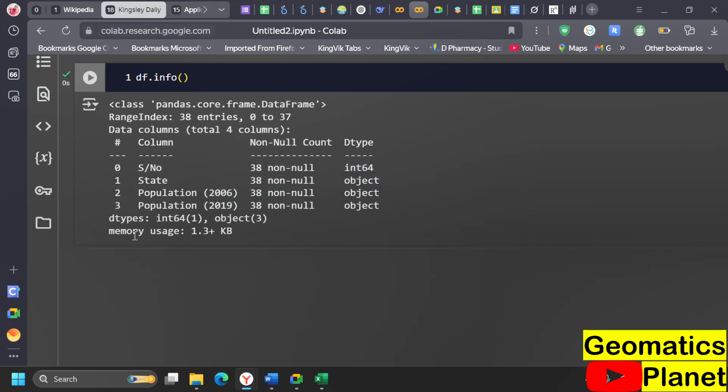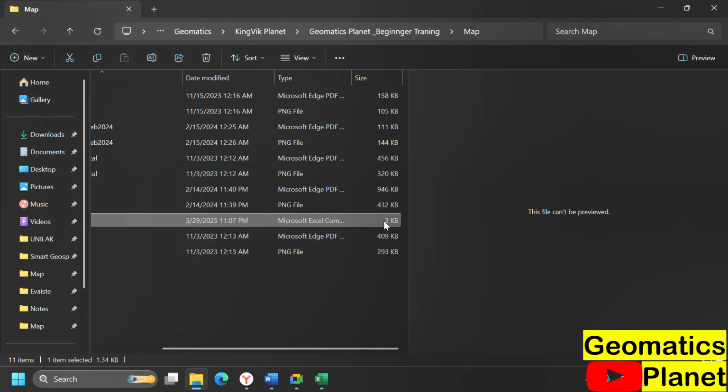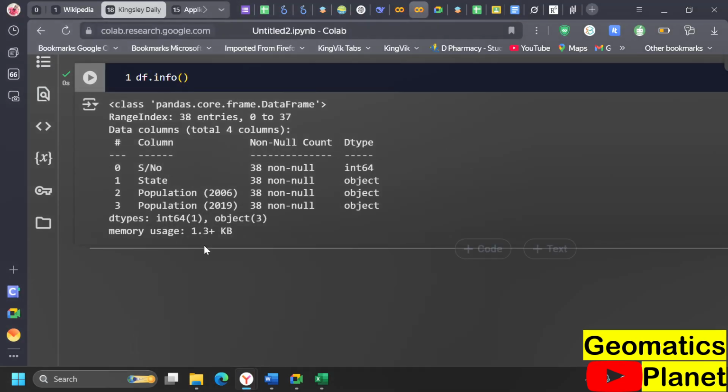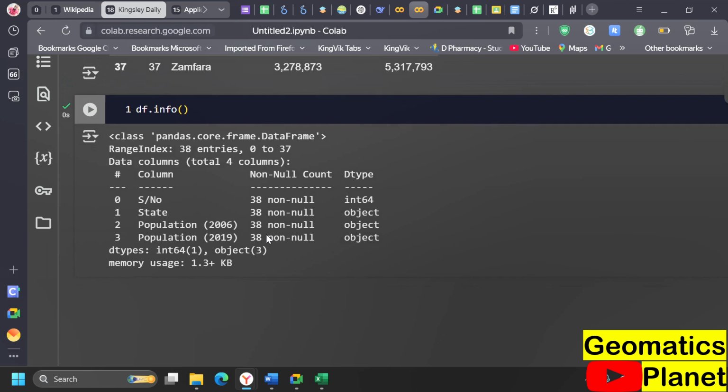And then what is the size of the data? The size of the data is 3.1 kilobytes. If you go to where we selected the data, what do we have here? 2.2 kilobytes. Now look here, the item I selected is 1.34 kilobytes. So you can see this gives you the